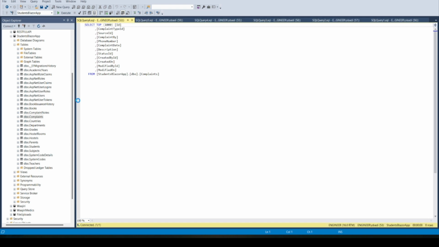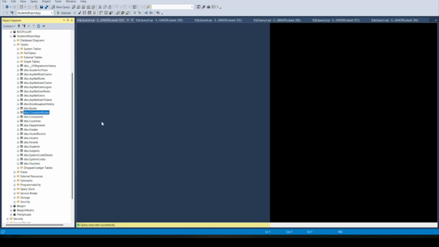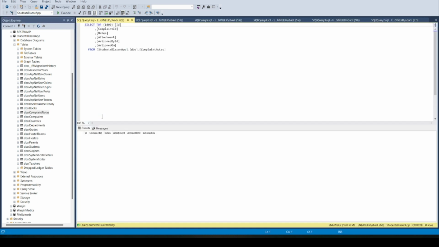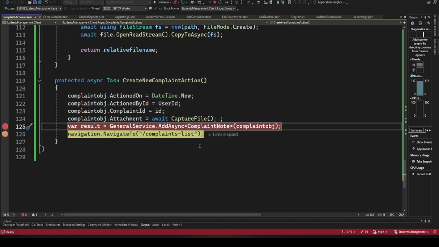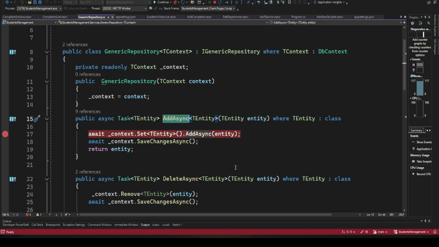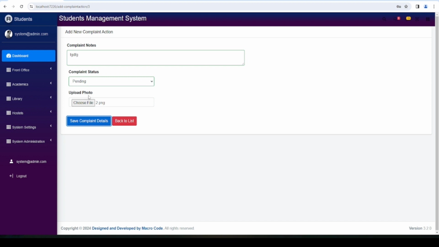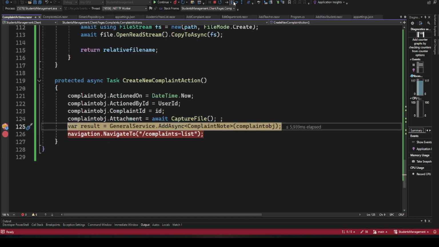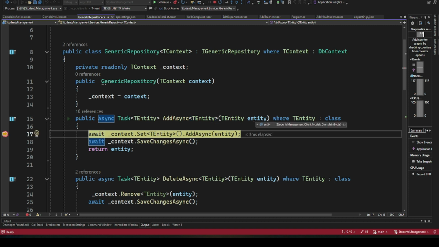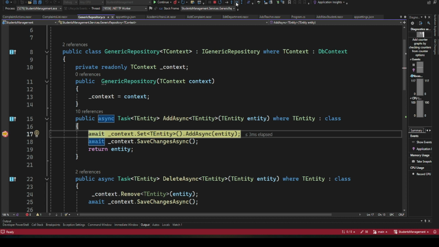So that means we have something on our... let me just do this. Then go back to our complaints. So let's go back to our add action implementation. Here, I'm going to have a breakpoint. Then if we proceed, let me try to save. If we go again, here we should see our entity. We have all the details, action status, all these IDs. So if we proceed and save,